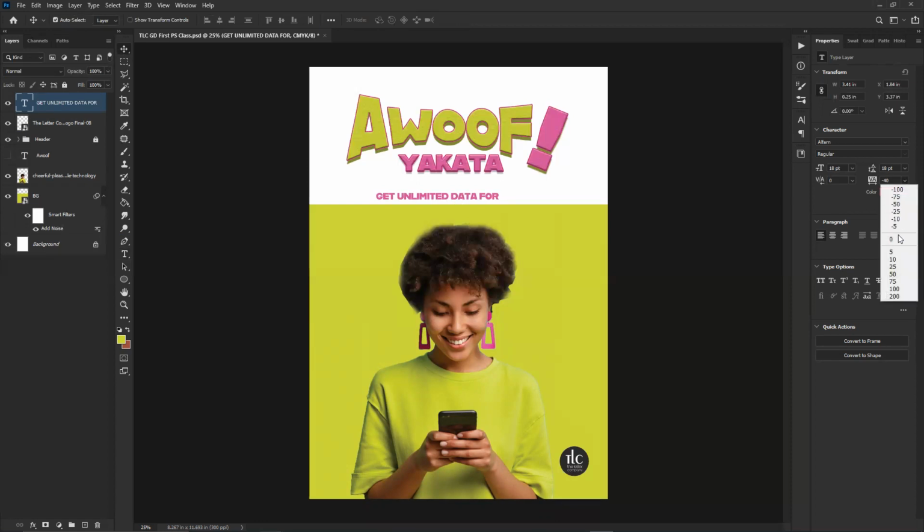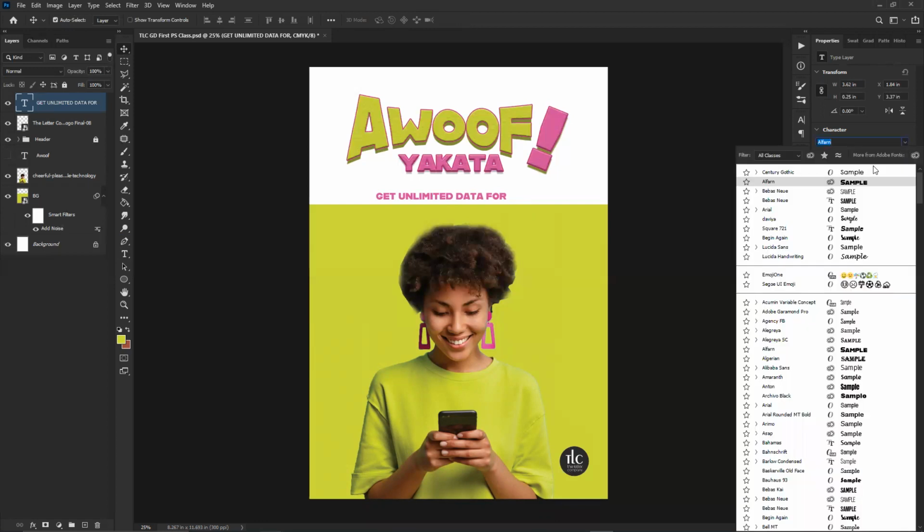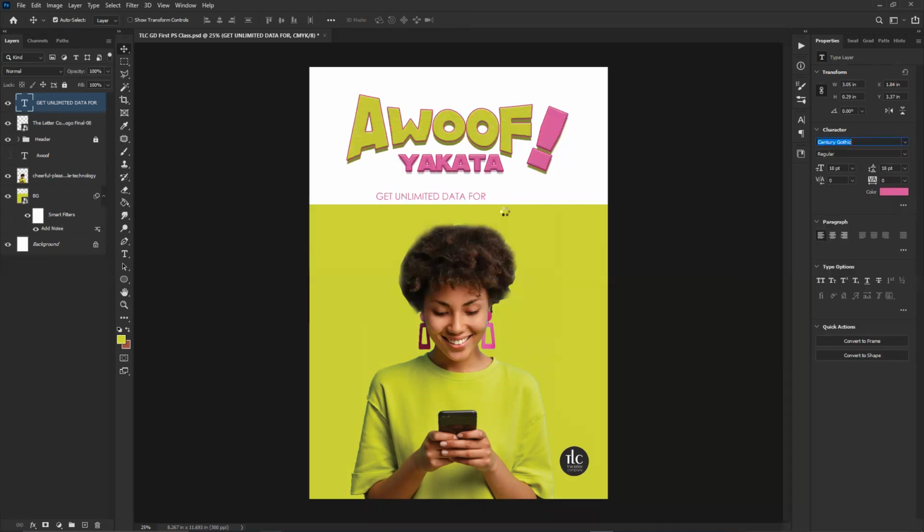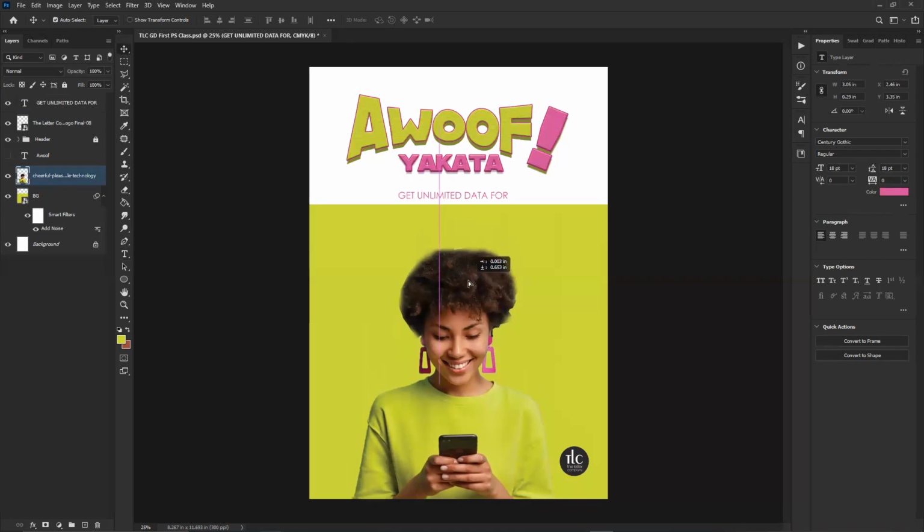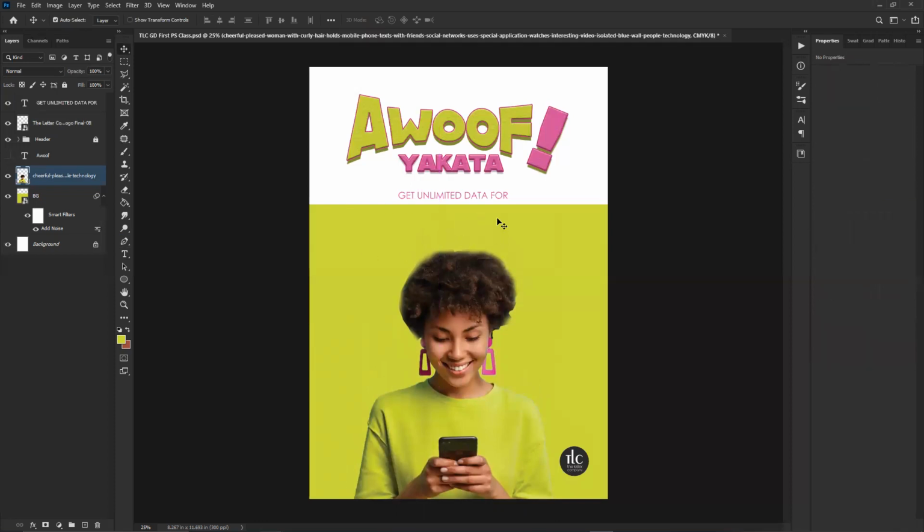And let's change the kerning to 0 so that this looks open. Let's select this Gothic light, something very contrasting like that. So get unlimited data, and I'm going to bring this lady down a little bit because now I just want to tell a bit of story here. Get unlimited data for just